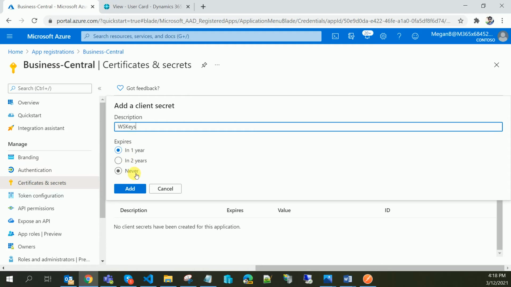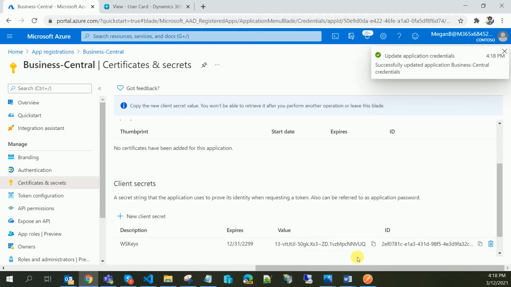If some user is using this web service key and I give the option of 1 year, after 1 year the key will expire and he will request me again to generate a key. This key will be valid only for 1 year if you select 1 year, which is a very good option from a security point of view. I will select never because this is a test environment.